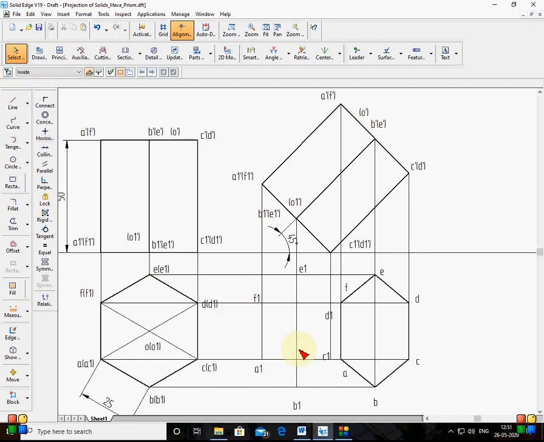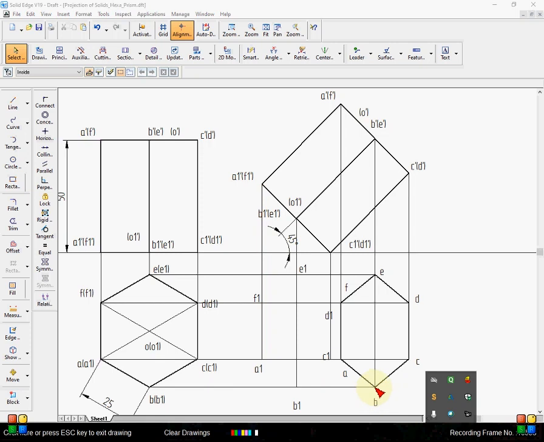Now, before joining, you should see that the border is always seen. Now see which is the border here. If I start from B, for example, B, C, D, E, E1, F1, A1, B1. See, border means what here? This is the border, from here to here, here to here, and from F1 to A1, A1, B1, B1, B. This is called the border. So the border is always seen.